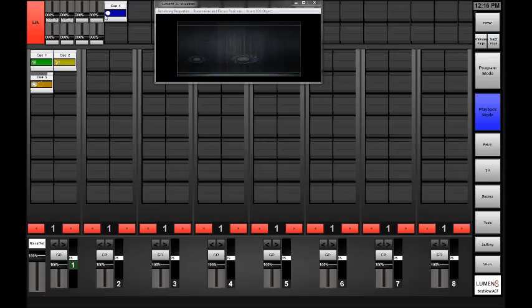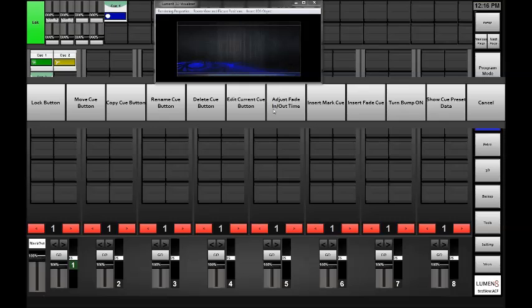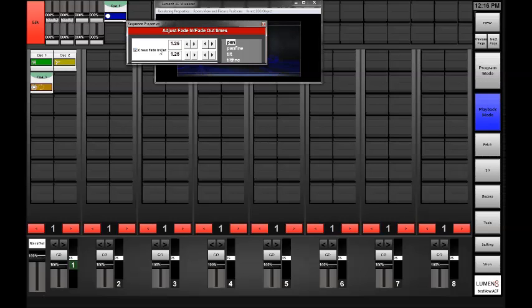The one other thing you'll notice here, I just want to quickly point this out. When I execute this button, you'll notice a little bit of a delay. Let's go ahead and do that again. You'll notice a delay when I press it. That is the fade in time. So for us to change that, we'll just edit that button. We're going to adjust fade in and out time, and I'll